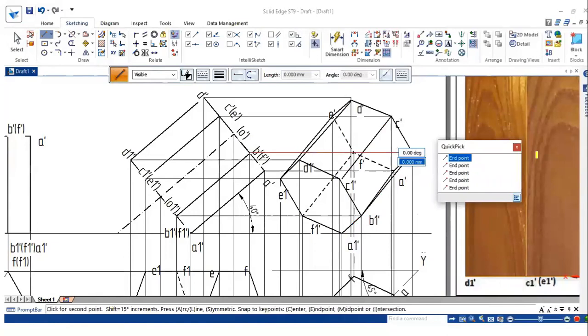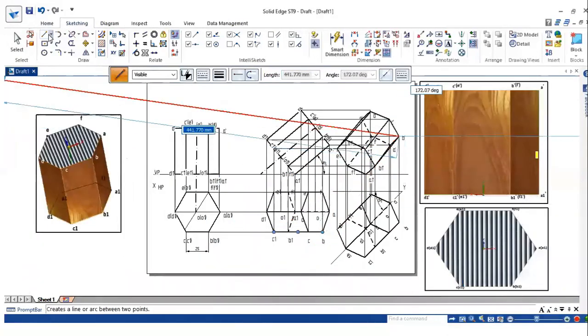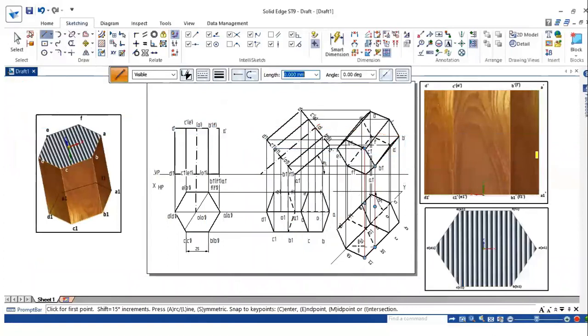Now represent O1 dash. So line, O1, we extend this line.